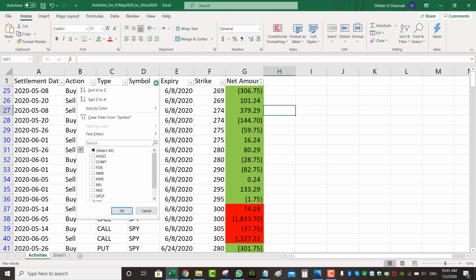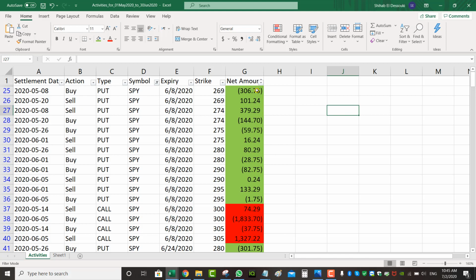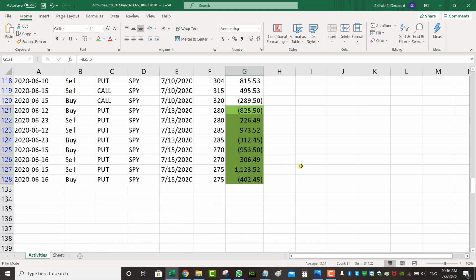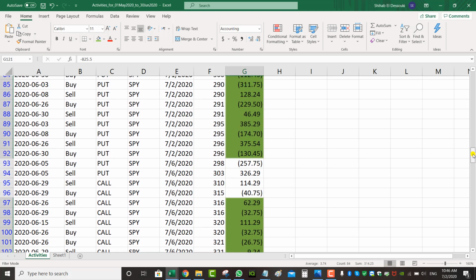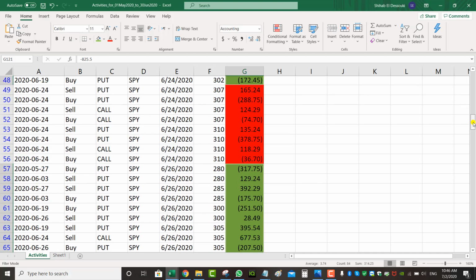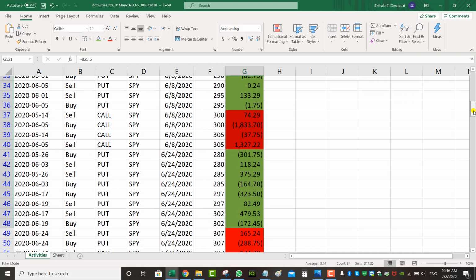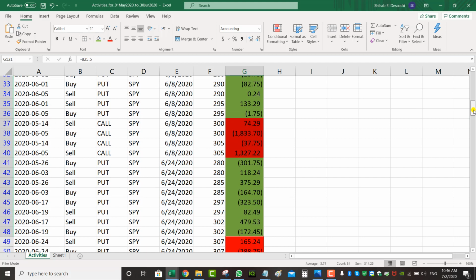So I've already filtered on SPY and I'm only including closed trades. So these are confirmed either profit or loss. For the month of June, my SPY put spreads have given me a confirmed profit of $314 US. Now, I've had a mix of trades. Most of them have been good, as you can see, but some of them are call spreads that were used